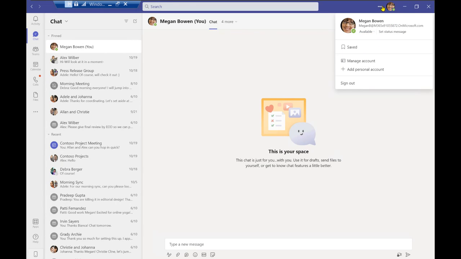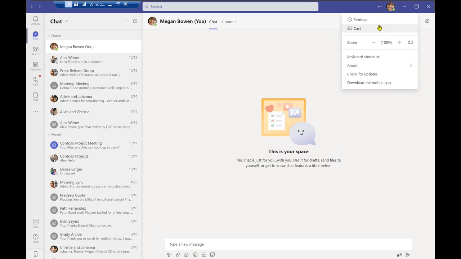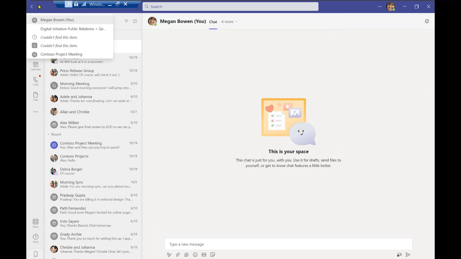And along our tab line, we have our ellipses for more options that you will find along any M365 application. We have our intelligent search bar right over here to search for any information if you need to. Along with that, we have our navigation arrows to move forward and back with the pages that you are using.